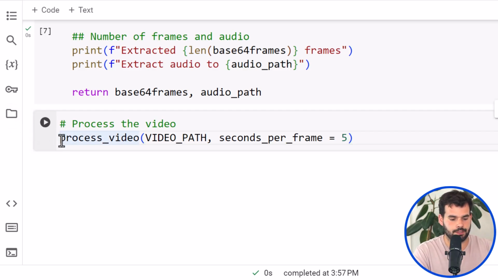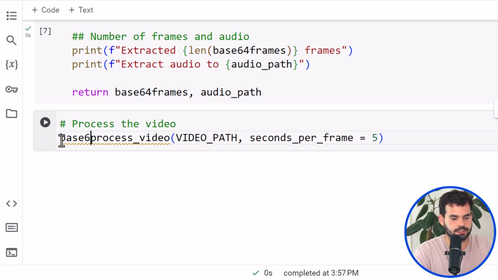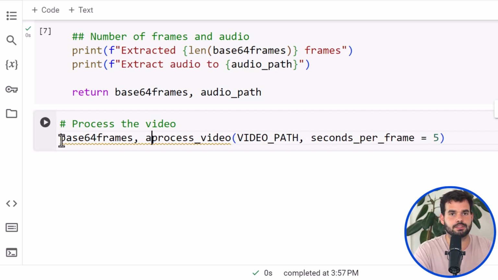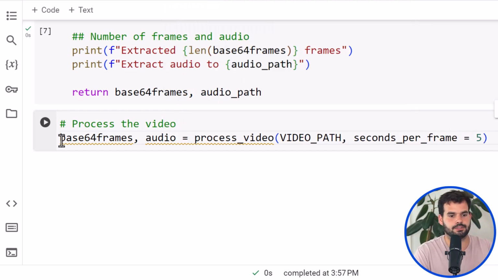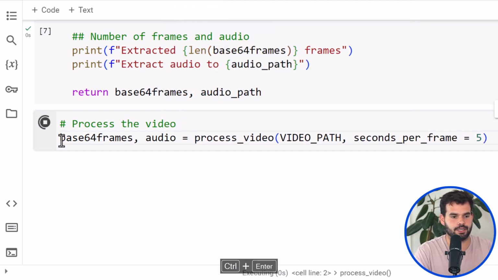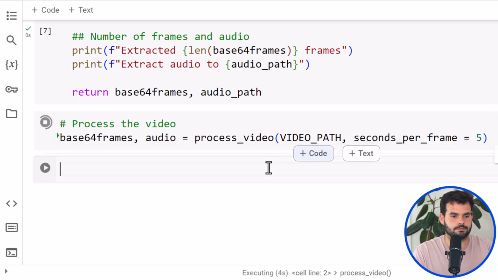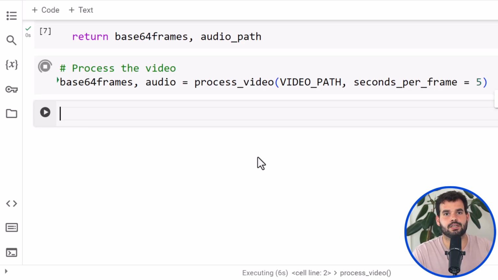So we are smart people. So base 64 frames, audio equals this. Control Enter. And while this is processing, we can actually move on,